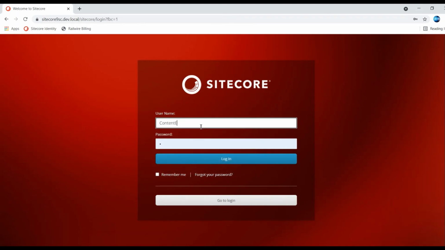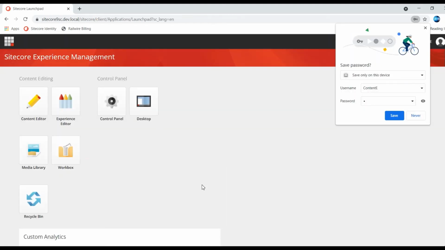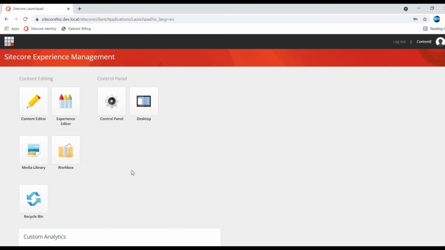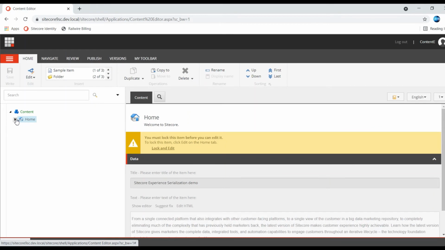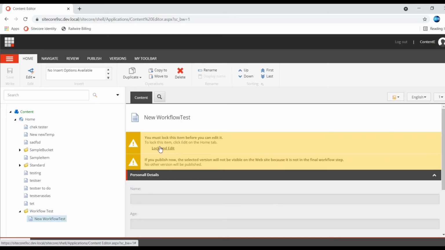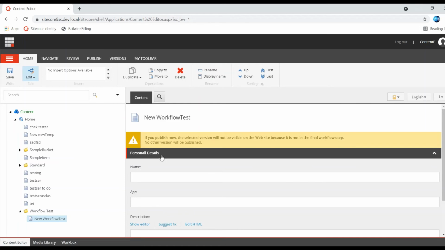The password is the same. So this is the login, and it only has limited access. If we go to the content editor and the workflow test folder, this is the item. I'm just unlocking it and providing a detailed value.